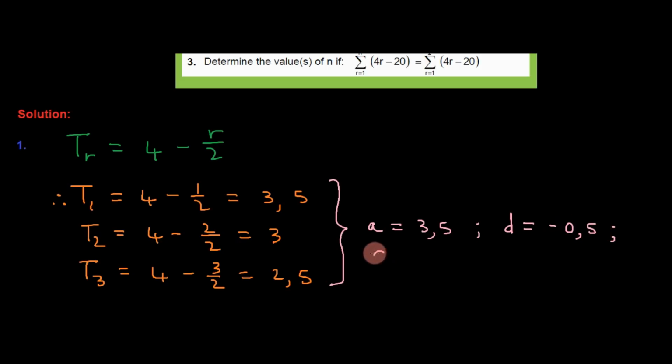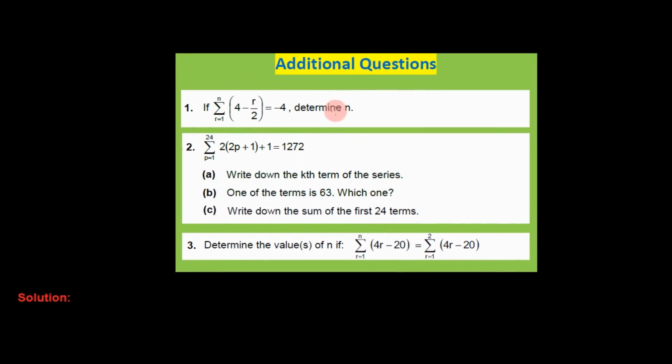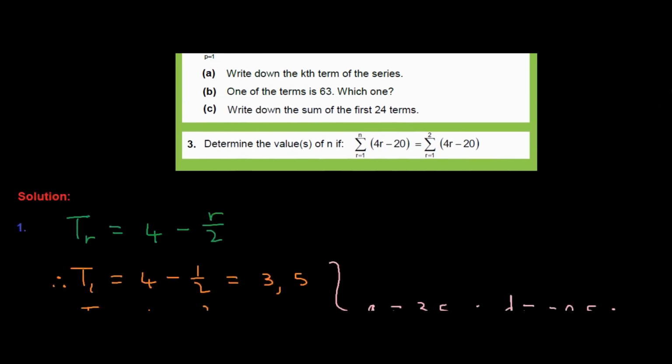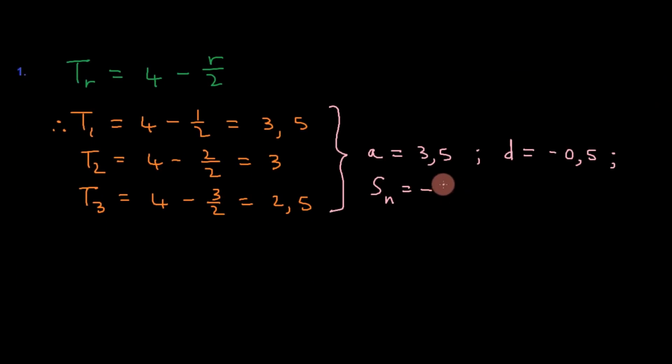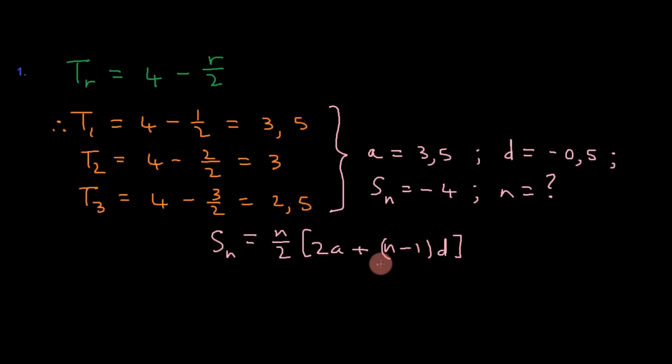We are also given the value of s sub n in the question. It's negative 4. So s sub n is negative 4, and we need to find n. And of course, we're going to use the sum formula. So plugging in our values, S sub n is